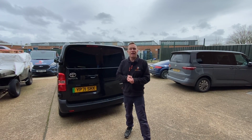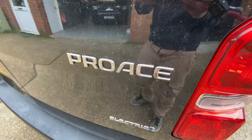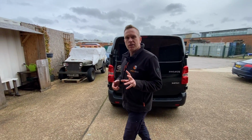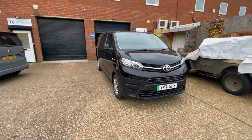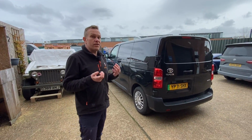Hey everyone, we're back with another video, and today we've got a Toyota Proace Electric. Now this one only comes in a medium wheelbase. We've got it in to do some modifications to it before it goes away to have some dog cages fitted. So it's going to go to a dog walk-in service. While we got it in, we thought we'd give it a bit of a review. Everyone seemed to like the previous ones we've done, so we'll go through this and see what we think in